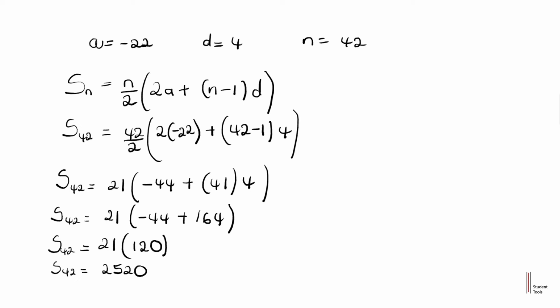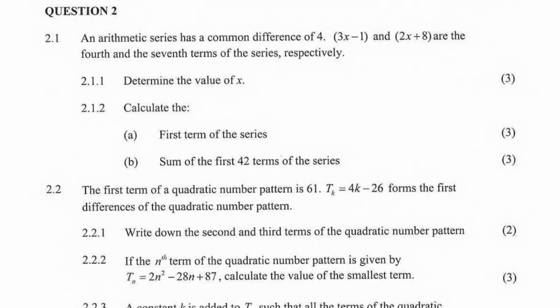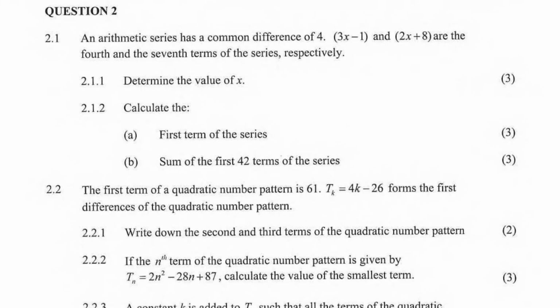So next is 2.2. Alright, so now we are on 2.2. 2.2 says the first term of a quadratic number pattern is 61. Alright, let's write it down. We have term number 1 equal to 61. So what's the next term? Okay, we're not given. And term number k is equal to 4k minus 26 forms the first differences of the quadratic number pattern. Alright, so we're given this other formula,